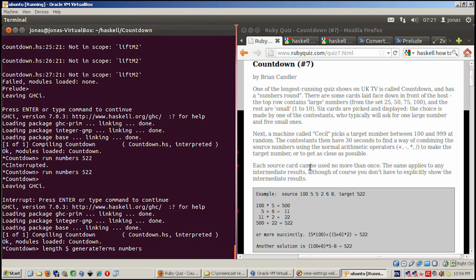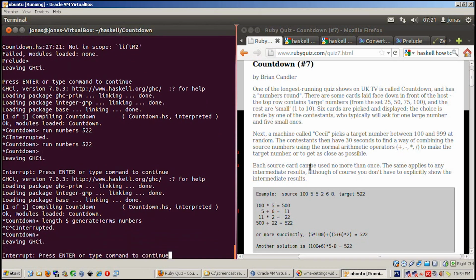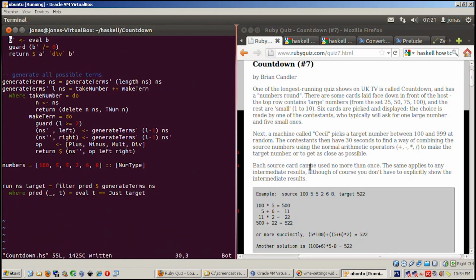A lot. Okay, so now let me just see if I can test this somehow. So I want to check how to get with